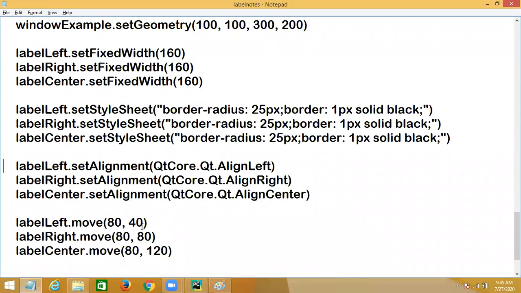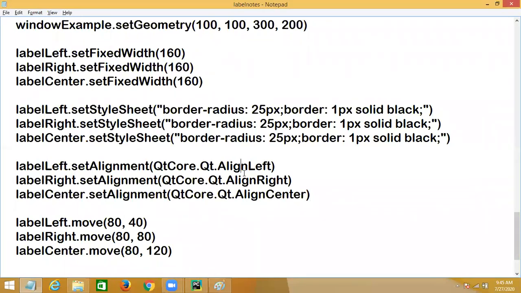So I said alignment can be done by writing these three statements. See here, set alignment, QtCore.Qt.AlignLeft, QtCore.Qt.AlignRight. QtCore is a module, and within that Qt is a class, and this is an attribute.